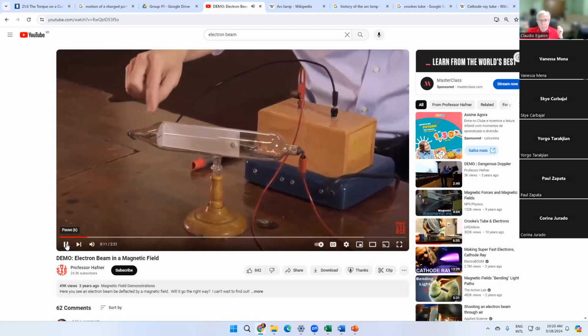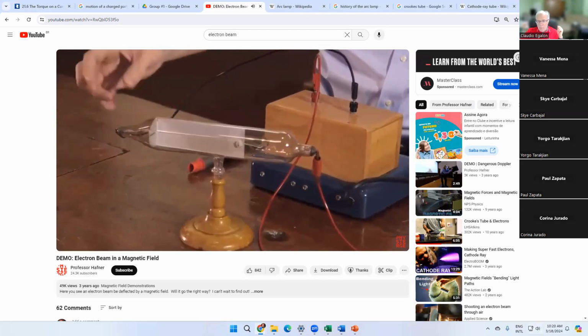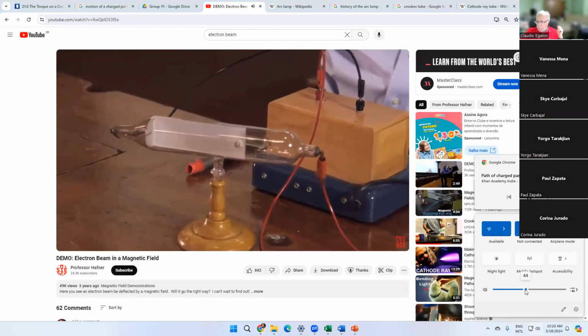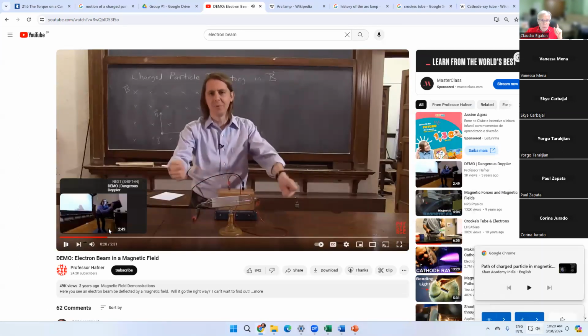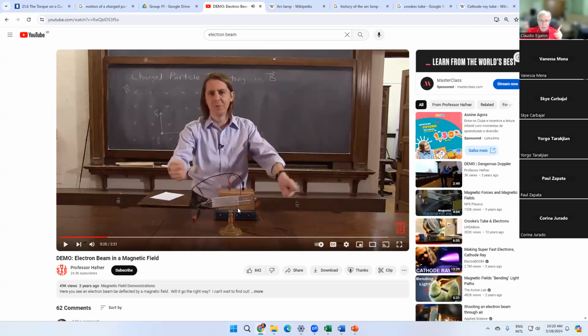The electrode is so hot that it actually boils, and the electrons come off the electrode. It makes just a beam of electrons. It also has a little bit of background gas that ionizes. So see, it's not an evacuated tube. It has some gas inside. The gas is in there so we can visualize the beam of electrons. Those electrons are going to collide against the gas inside, just like what happens in aurora, right? And those gases end up glowing due to the collisions of the electrons with those gases.